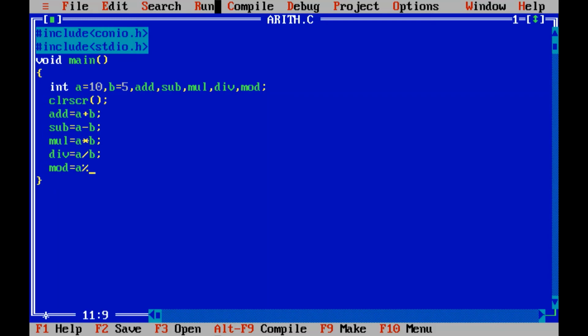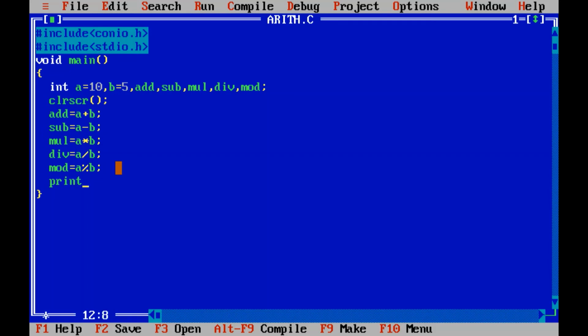Never say this is a percentage, this is a modulus or mod sign. This is the addition sign, subtraction, multiplication, division, and mod. Both of these operators do the division, but the answers they produce are different. Now at the end we are just displaying all the output.